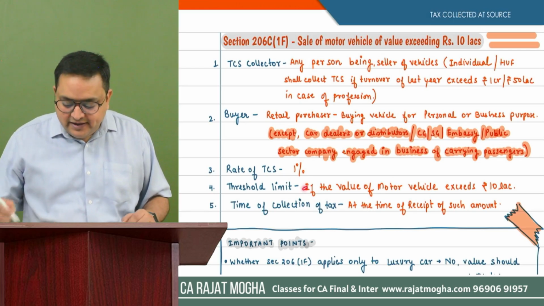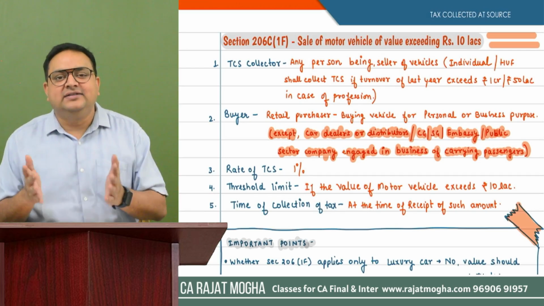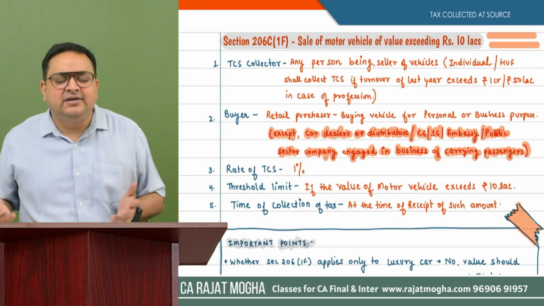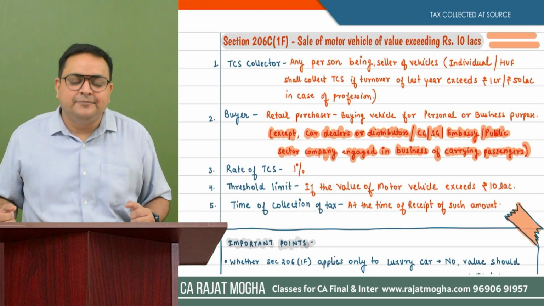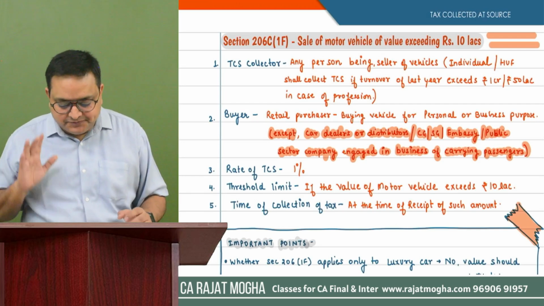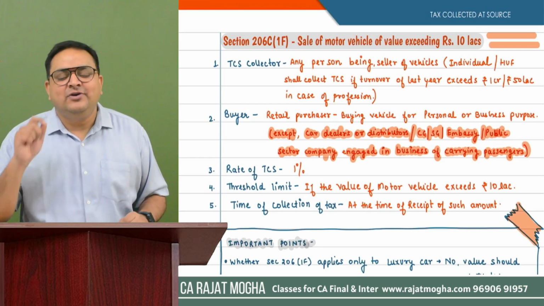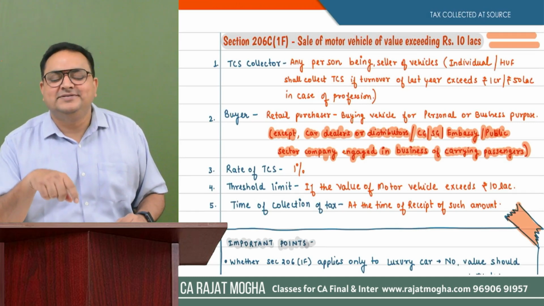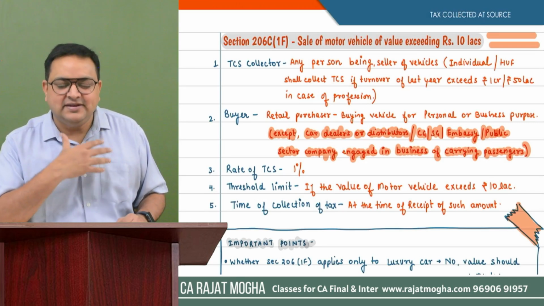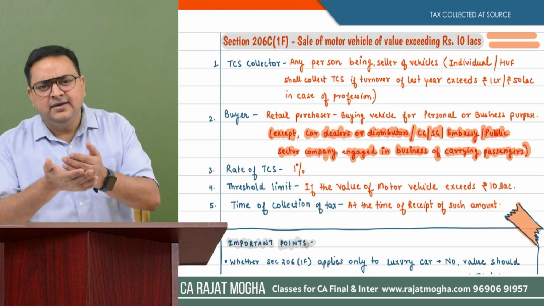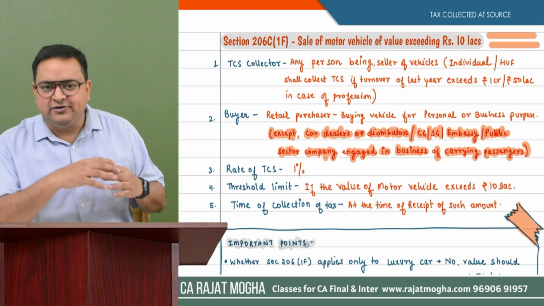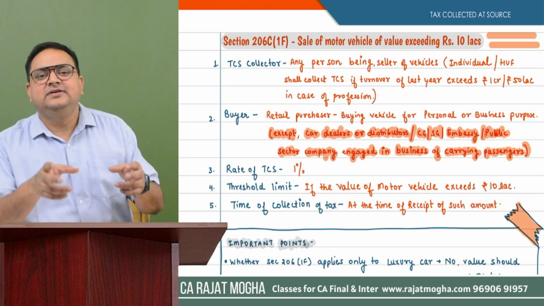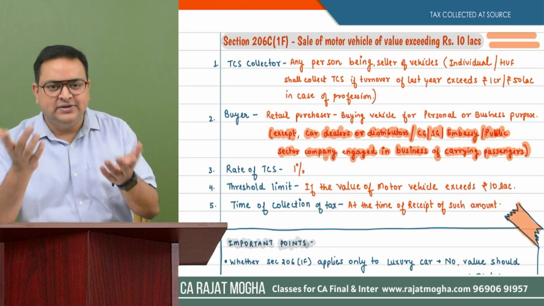Why? Here income tax would like to track high value transactions. So if you are purchasing a car of more than 10 lakh, generally now most of the cars are above 10 lakh, but this provision is quite old, so the value is still 10 lakh over here. So if you purchase a car, that too for personal purpose, personal purpose means that you are the end user. Either you will be purchasing the car for yourself, for your family, for your personal purpose, or even if you purchase the car for your business purpose also, you are the end user.